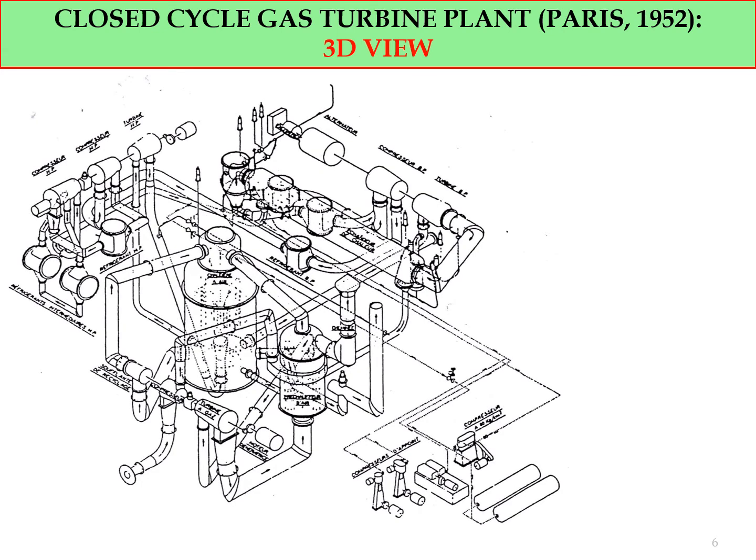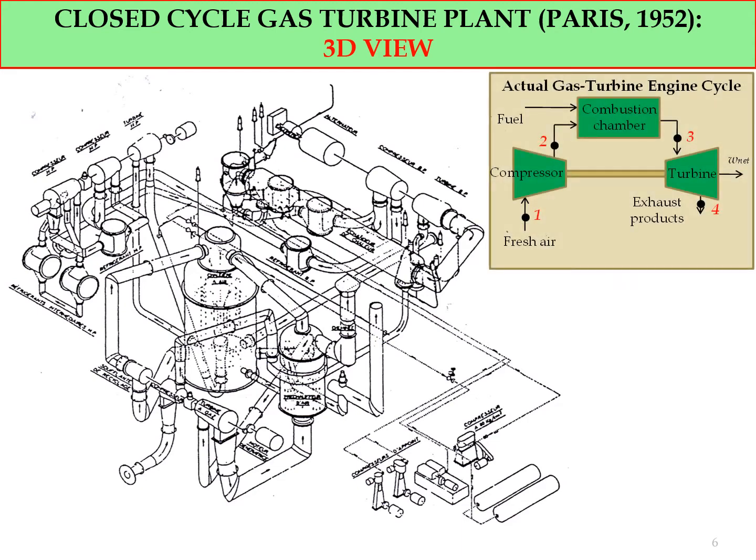Closed cycle gas turbine plant. So Paris 1952 is the citation, and this is the 3D view of the gas turbine plant. And from the actual gas turbine engine cycle, simplify of it. From this figure, which is from the 3D view, you should be able to identify which is compressor and which is turbine. So as you can see here, from this arrow,